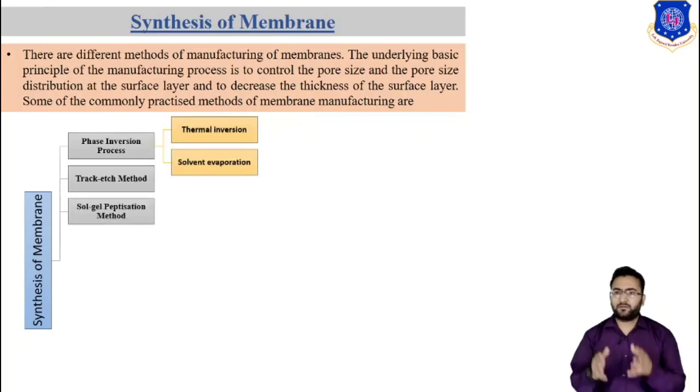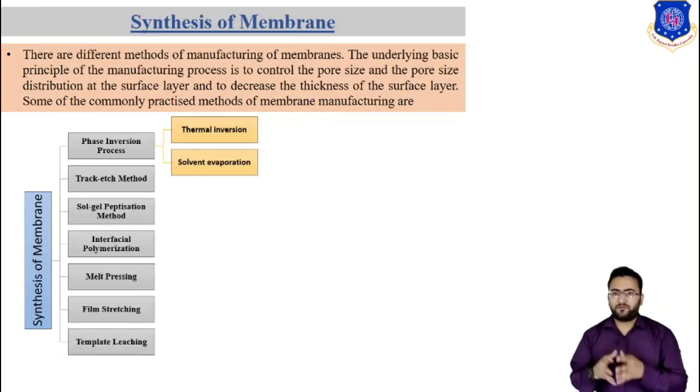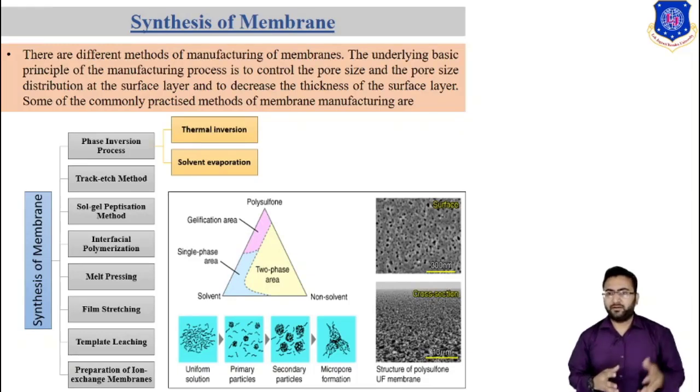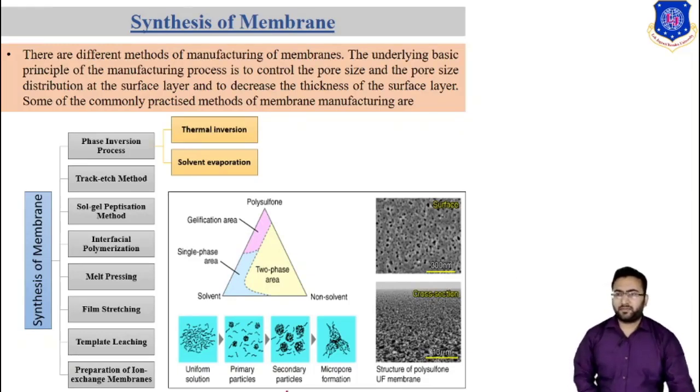We know that there are various methods for manufacturing membranes, and we already discussed methods such as the phase inversion process and the track-etch method in the previous session. So let's revise these methods. In the phase inversion method, the phase changes during the process. Using this triangle, I explained how the phase changes from a single phase to a two-phase system,